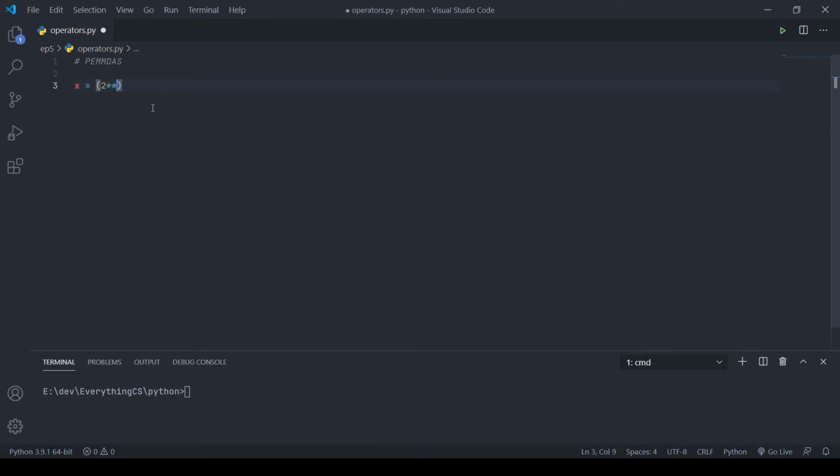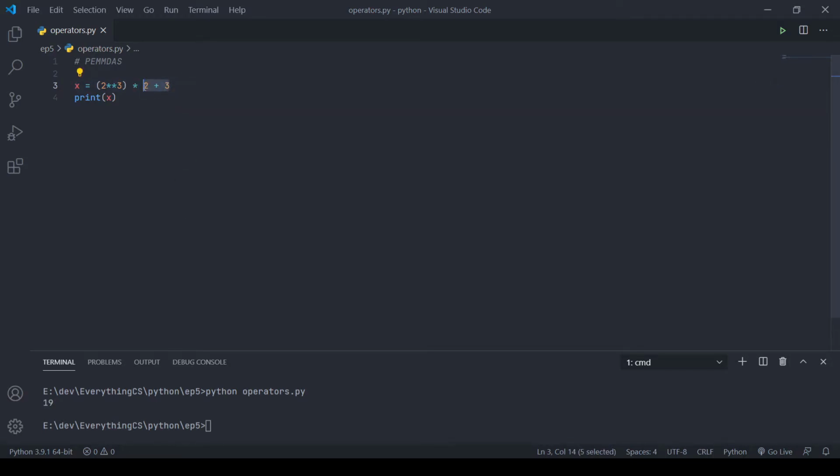So we can do maybe 2 to the third here, and then maybe multiply that by 2 plus 3. So you'll see that this will follow the normal order of operations, and if I print out the result of this, and I go ahead and run the program, you'll see the output is 19 because first of all it evaluated everything in the parentheses here. So it evaluated 2 cubed, and then it evaluated this times 2, and then finally it would have evaluated the